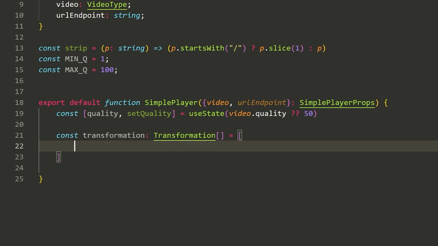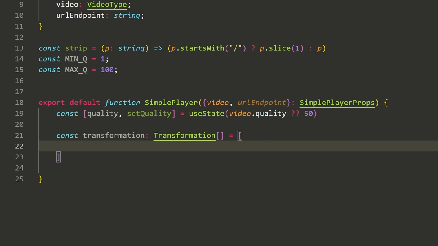So what I'm going to do here is create a list of transformations to the video that we're going to apply based on the content that we uploaded for the video. So for example, if we have a video watermark, we want to put the watermark on the video. Like I was mentioning, there's all these transformations, one of which is a watermark or a video or image overlay. On this video, we can actually put an image on top of it, just like a watermark, and that's what I'm going to apply here in this transformation list, as well as changing the format of the video